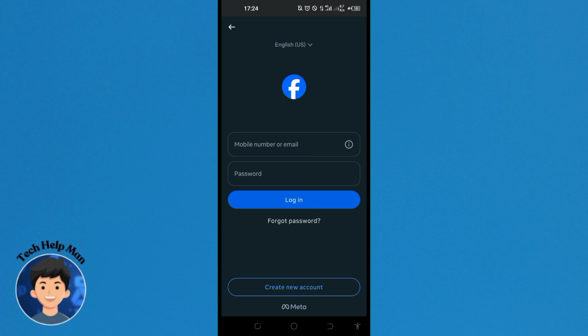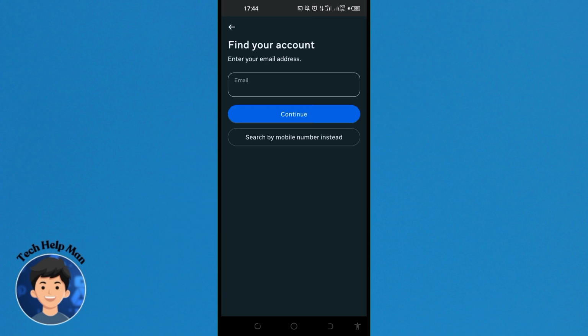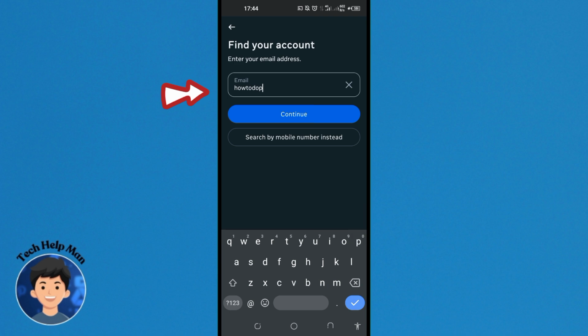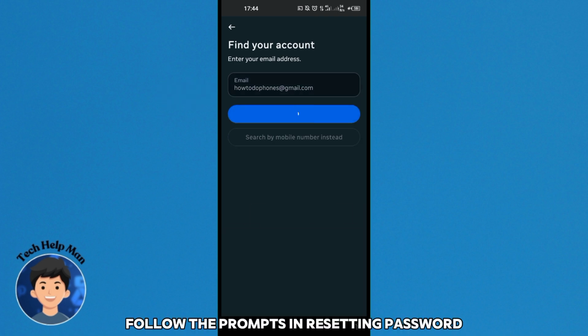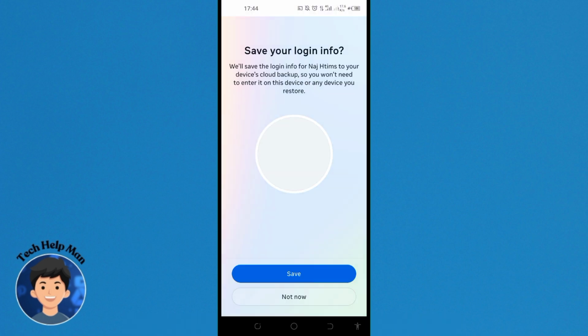Now, if you don't remember the password, select the Forgot Password option. After that, type in your mobile number or choose to continue with your email instead, and then follow the instructions sent to your email or phone number to reset the password. After that, log in with your new password, and then you will have access to your Facebook account on your